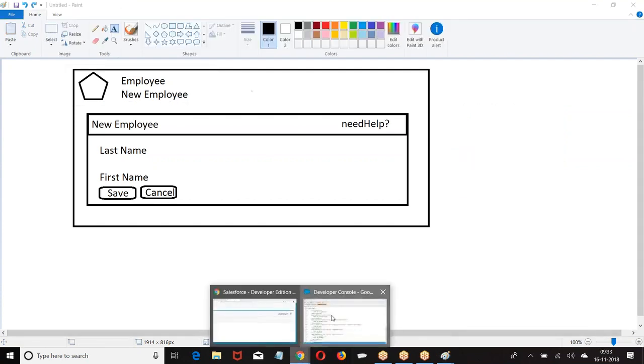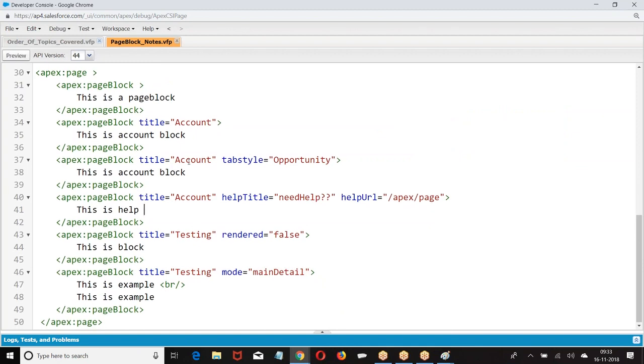Okay, but it also works for single quotes, right? Single quote? Like title equal to single quotes of accounts? You mean to say this. Now, we are supposed to define double quotes for the attributes. Salesforce will take single quotes as a string. There is a reason it is supporting it internally, but the property is double quotes.